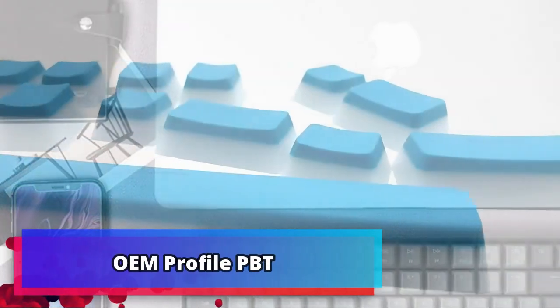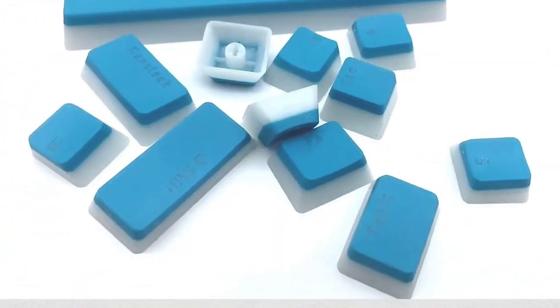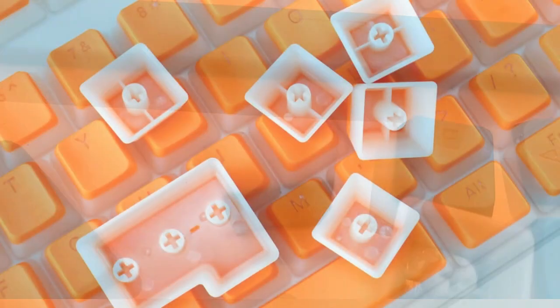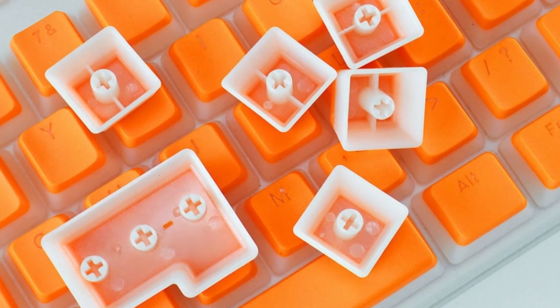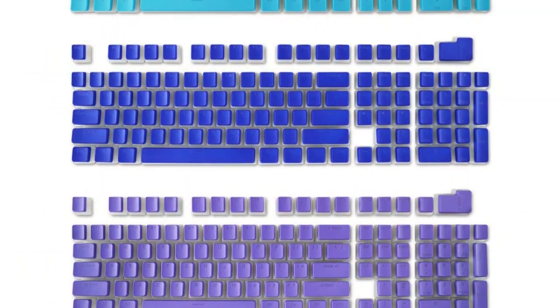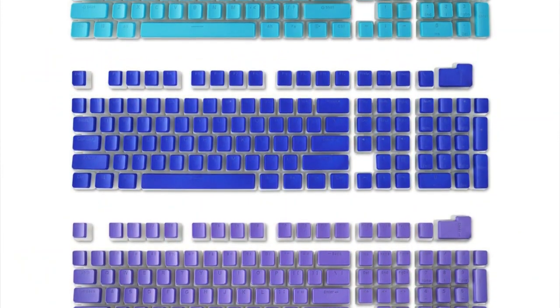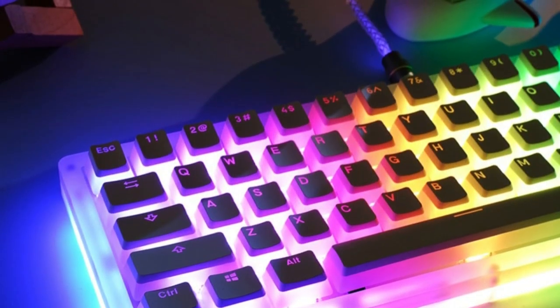Product number 3, OEM Profile PBT. The OEM Profile PBT Keycaps 108 keys pudding keycap are the perfect addition to any Cherry MX switch mechanical keyboard. Not only do these keycaps look great and provide a unique touch to your keyboard, but they also provide a comfortable typing experience. With the pudding keycaps, you can easily identify the different keys on your keyboard and their placement,